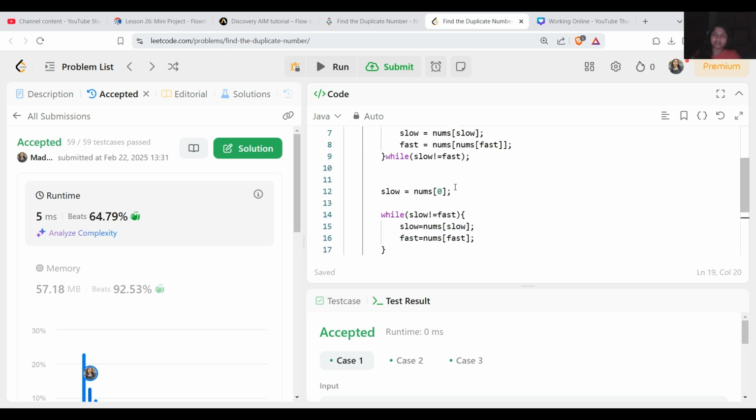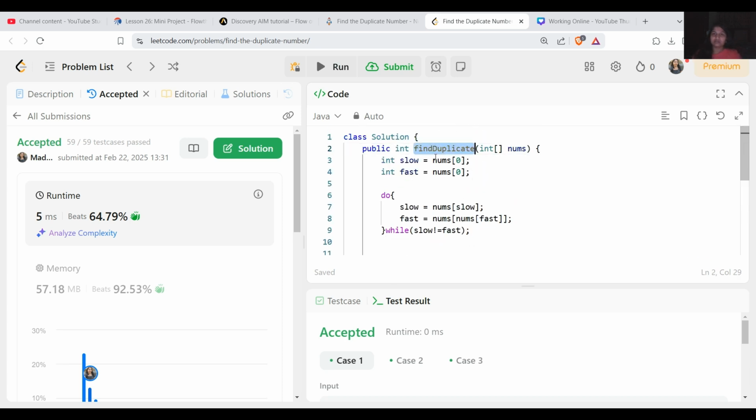We have used the cycle detection approach, or we can use other approaches like sorting. Using sorting, we will first sort the array, and after that we will adjust the elements. Okay, so using that our time complexity will be O of n log n, and the space complexity will be O of 1. But the drawback of this approach is that we have to modify the array.